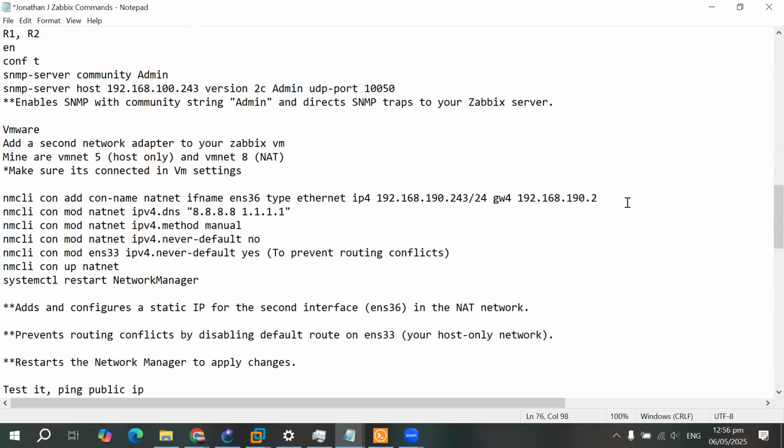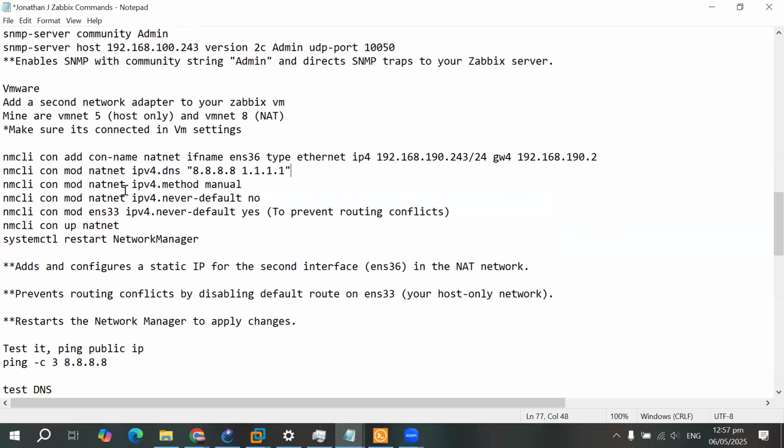By default, VMnet 8 actually comes with DHCP on. I just turned it off and I gave it a static network. You can keep it on if you'd like, but in my case, I just changed it and I gave it a gateway of 2. Generally, the gateway is .2, even on the default settings. So just keep that in mind. And then I gave it a DNS of 8.8.8.8